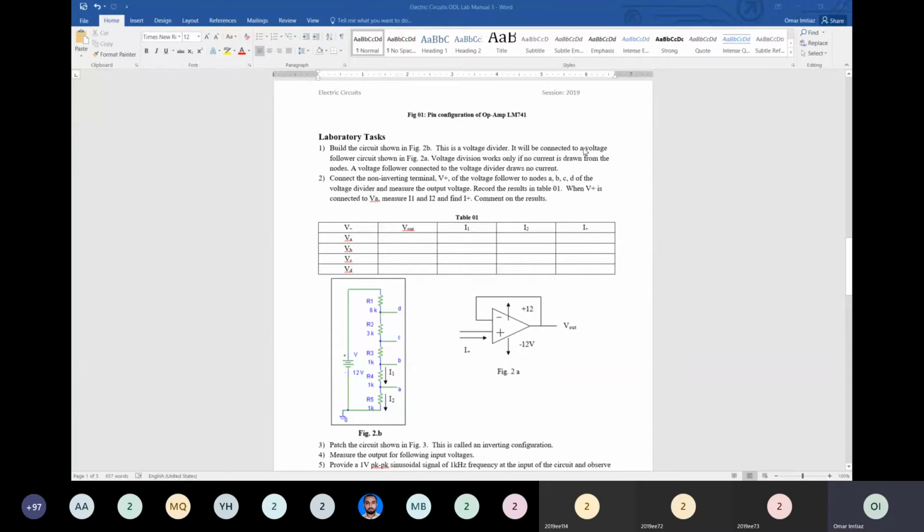Your laboratory tasks in this experiment will consist of 3 different parts. In the first part, you will patch 2 circuits on the simulator. The one on the right is a voltage divider circuit. You can see that it is energized with a 12-volt source. It has 5 resistances connected with it, 6 kilo ohms, 3 kilo ohms, and then